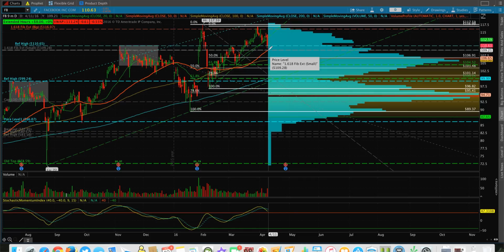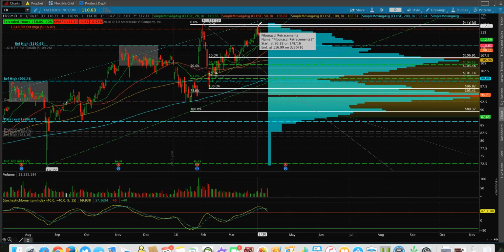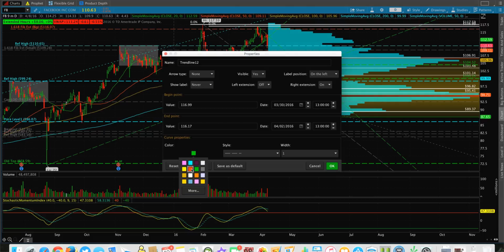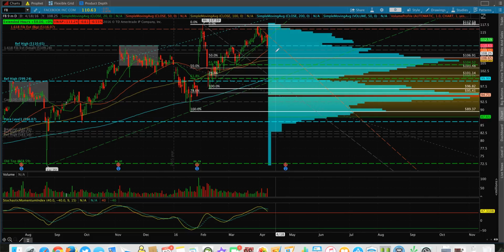So I would say that we're on a little shaky ground here, given that we are now making some lower highs. Let me draw the line. We have a mini downtrend going here. I wouldn't get too worked up about it, although we could see a little more correction. We are seeing some lower highs and some lower lows and into some key levels here. If this fails, if we cannot hold the